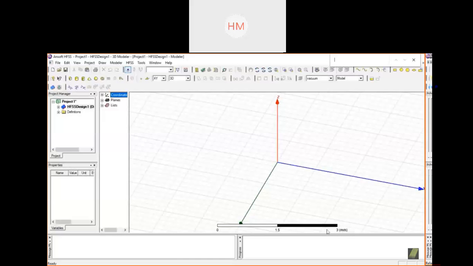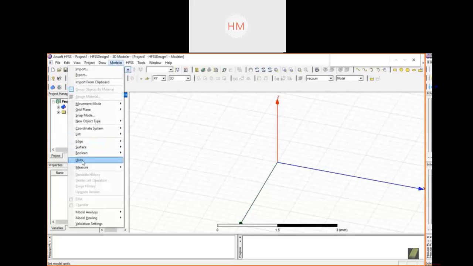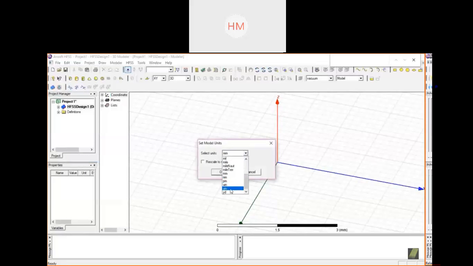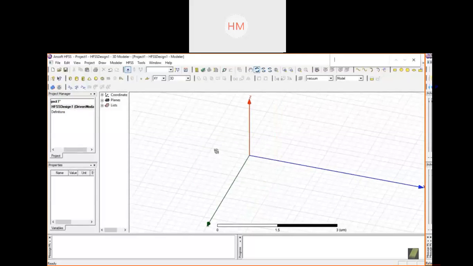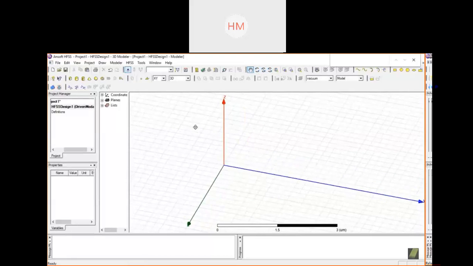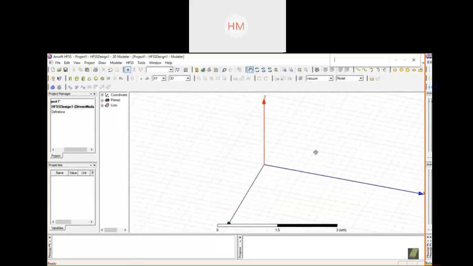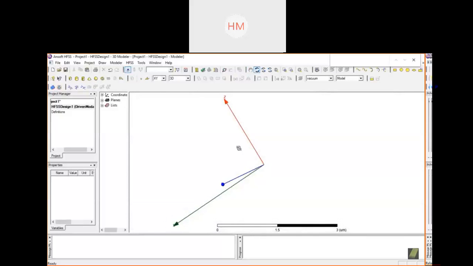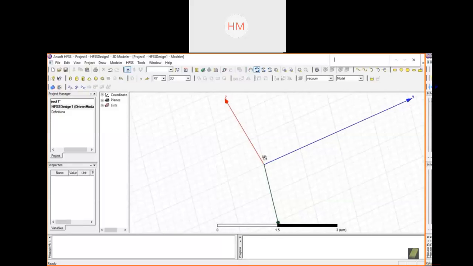Millimeters, mm. Rotation tools are there. You can see the 3D designing very easily.